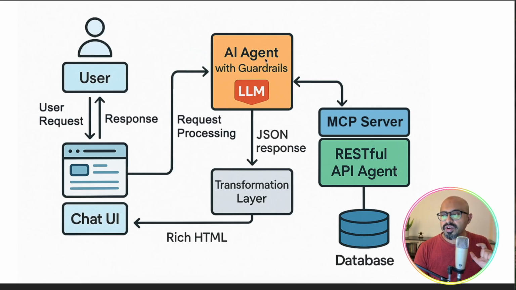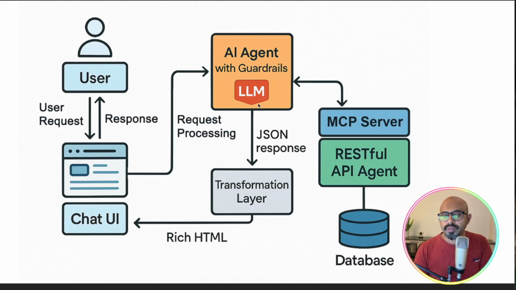Then the AI agent figures out which tool needs to be called to accomplish the task and in what order the tools need to be called. So it processes that, it calls multiple tools in succession, it gets the output from the first tool. Based on that, it takes a decision as to what is the next tool and what input I should give. All of that processing is done by the AI agent, and then at the end of all of this process, it